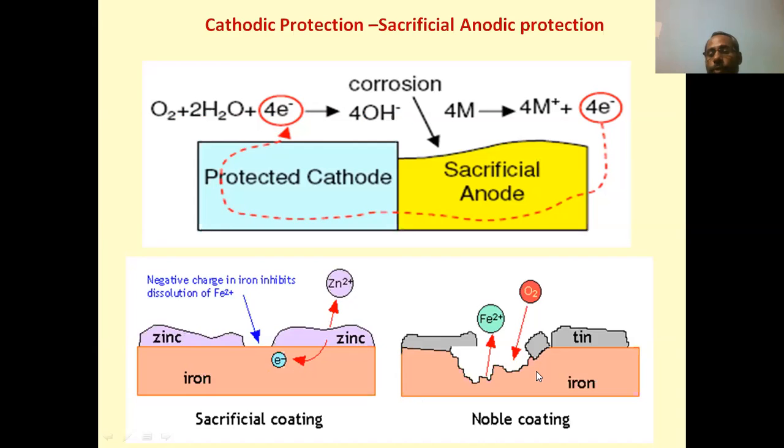Here is another, the tinning process. Iron is covered by tin, and we have seen in the activity series that tin is a noble metal compared to iron. Among these two metals, iron is more prone towards corrosion, so the protection is good only if the entire surface is covered by tin. If there is a little fracture or hole, then tin is protected because it is the more noble metal, and iron acts as anode and severe corrosion will take place.